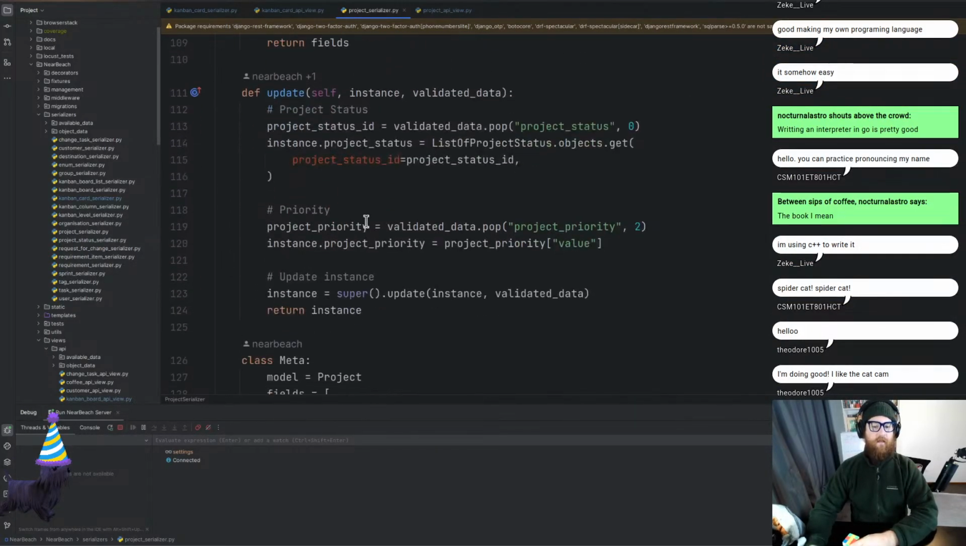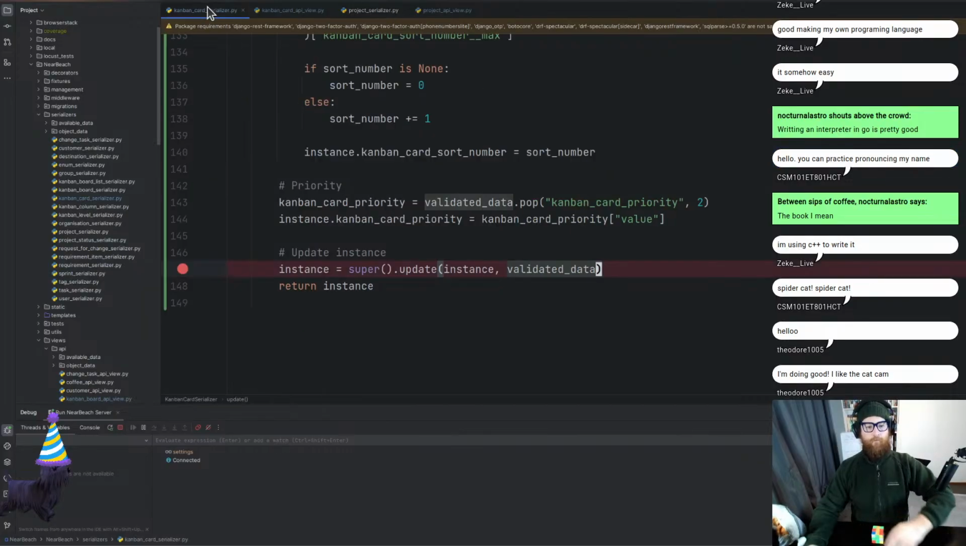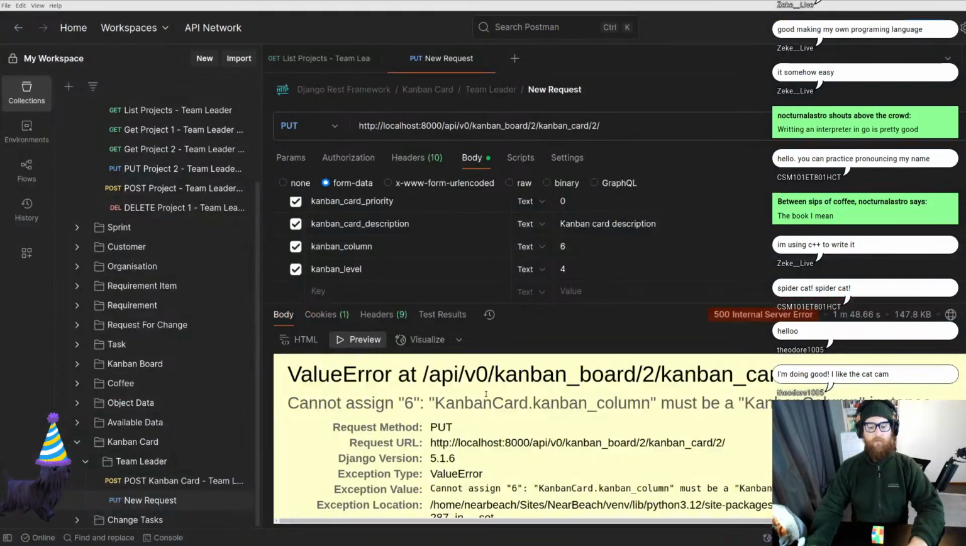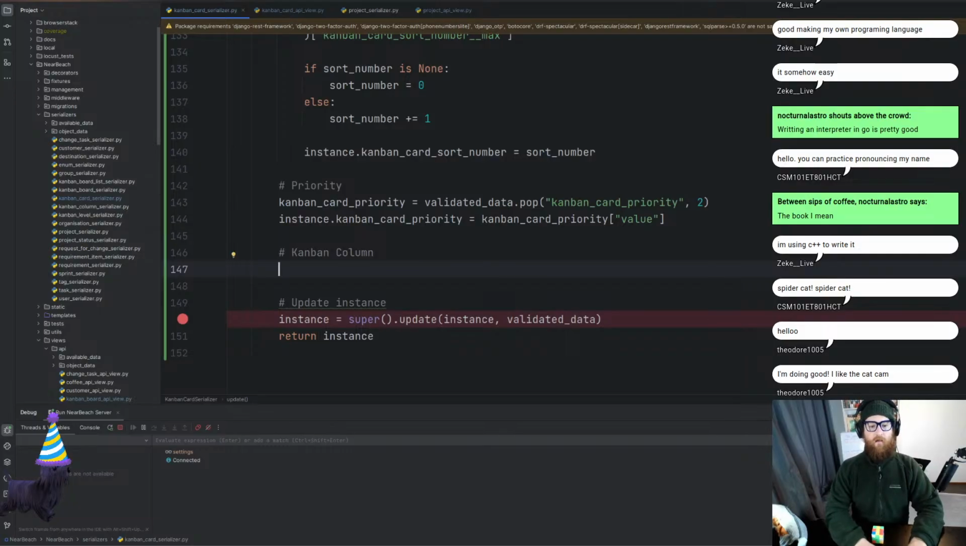With the update, yeah, we're just going through. Oh, all right. We actually do that. Okay, not a problem. We're going to do that too. So with the priority, it didn't work. Sorry, with the Kanban column, we're going to have Kanban column